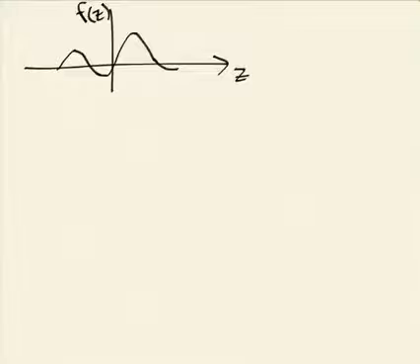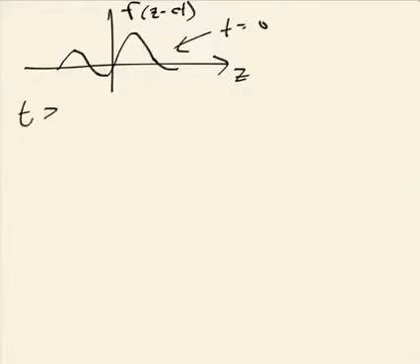Let me say this is some function f of z minus ct. So this is for t equal to 0. The pattern looks like this. The fact that the function only depends on z minus ct essentially means the pattern will propagate unchanged along the z-axis. So if I look at t greater than 0,